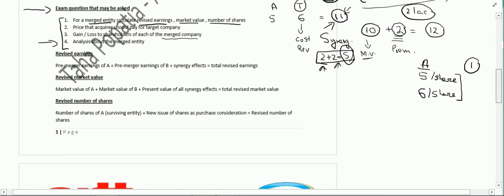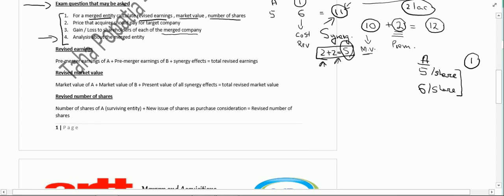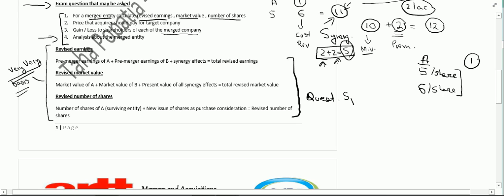Now, I have listed down some formulas which you will use in very basic cases. You should note the fact that these are very basic formulas. There may be question specific adjustments, and if there are question specific adjustments, you must account for them. However, if the question is very simple, you will use these formulas.